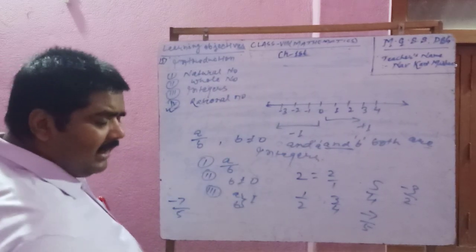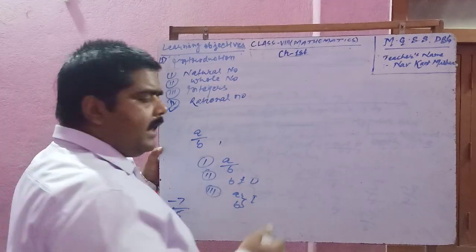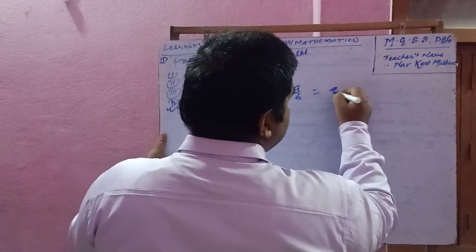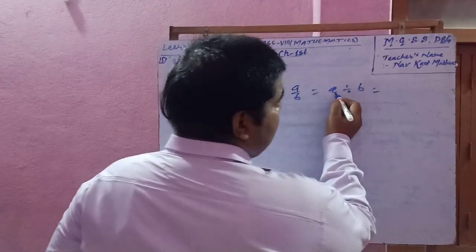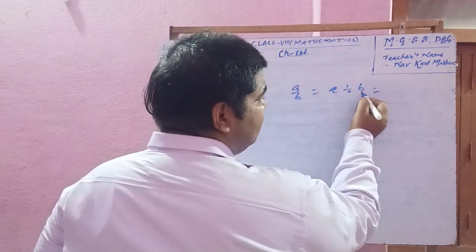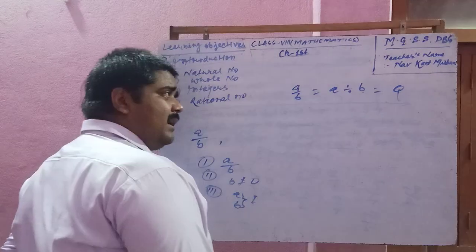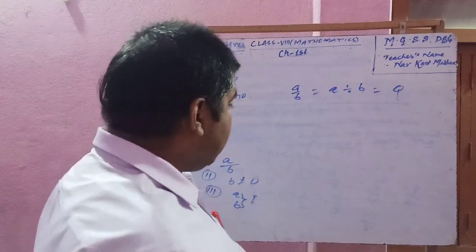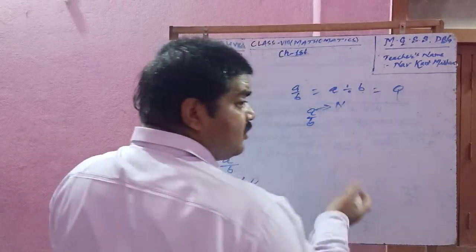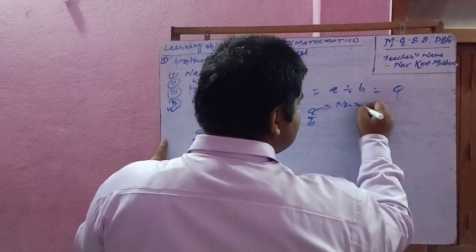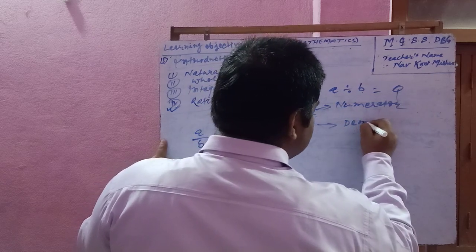And when you write a upon b, what it means is a divided by b, and the result you get, you know very well that here a is the dividend and b is the divisor. Then what you get is the quotient. So a rational number is denoted by Q, my dear. And here, in the case of a fraction you have learned that a is also known as the numerator and b is also known as the denominator.